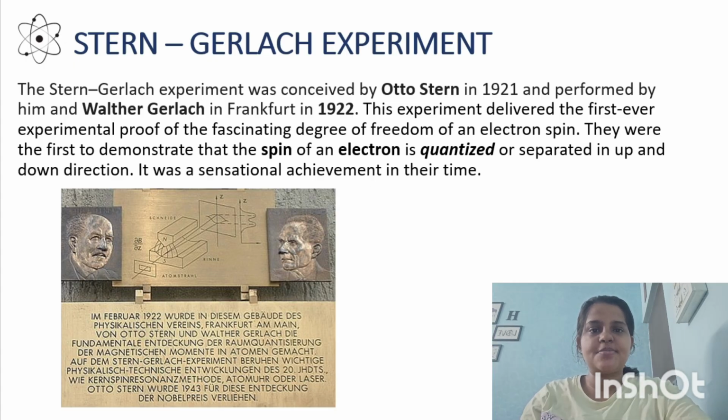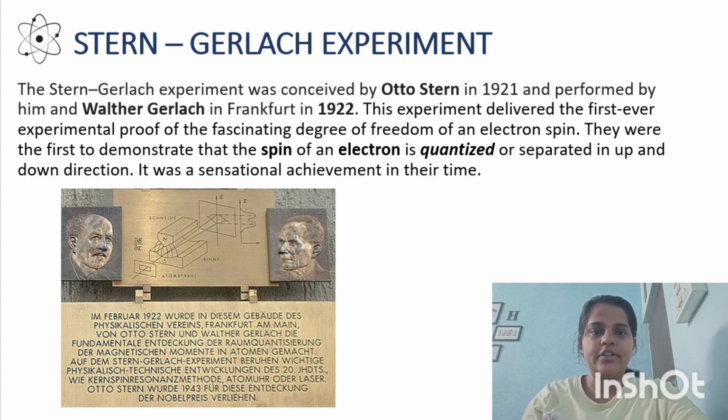Before we dive into the surprising results of this experiment, let's take a moment to understand its key components. What made this setup so special? Why did they choose silver atoms? Why was the magnet designed in such a unique way? And what kind of magnetic field did they produce? Most importantly, how did the results of this experiment completely shock the physicists and challenge everything they thought they knew